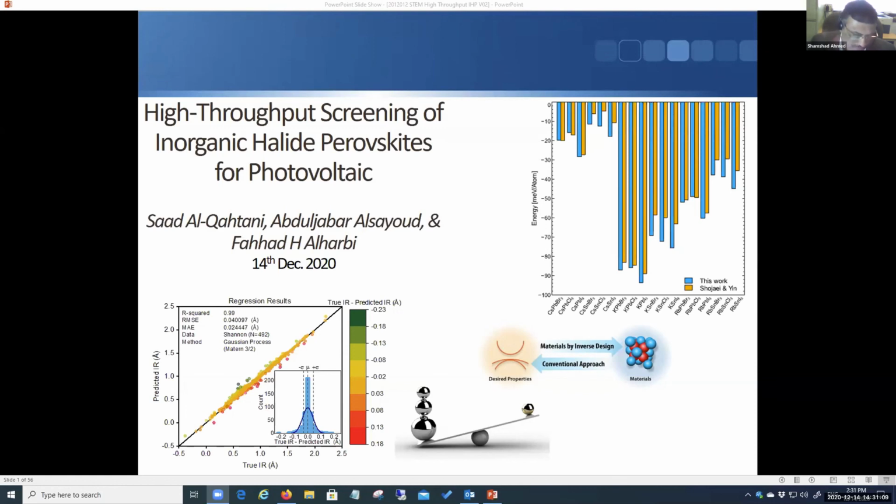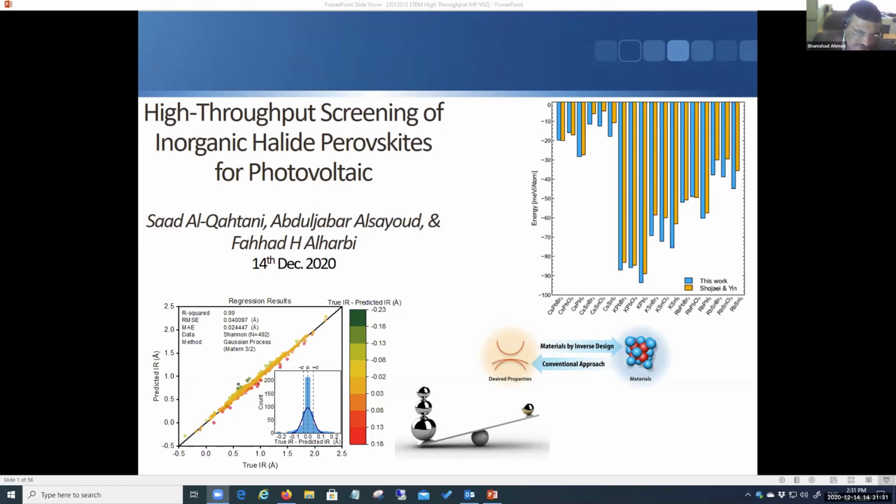Before joining KFUPM as a faculty, he worked for Saudi Aramco, King Abdulaziz City for Science and Technology, IBM Incorporation, and Hamad bin Khalifa University and its Qatar Energy and Environment Research Institute. Currently, he is a professor in the Electrical Engineering Department at King Fahd University of Petroleum and Minerals, and his current